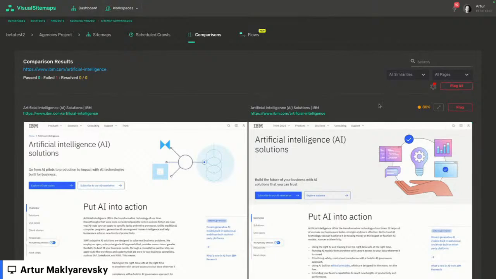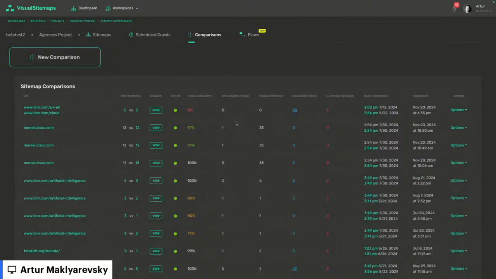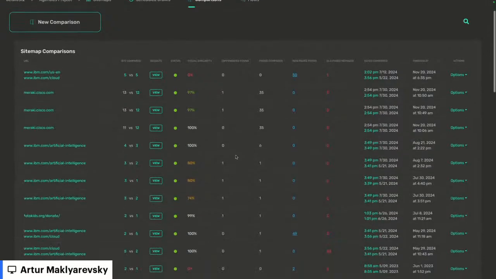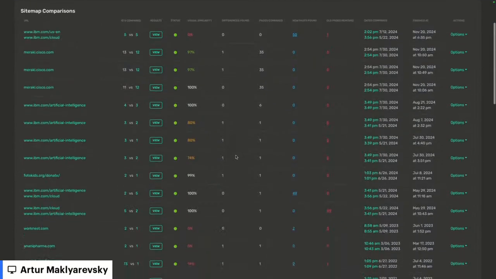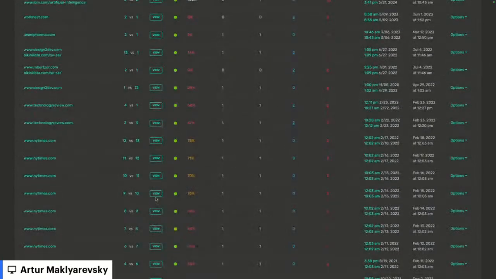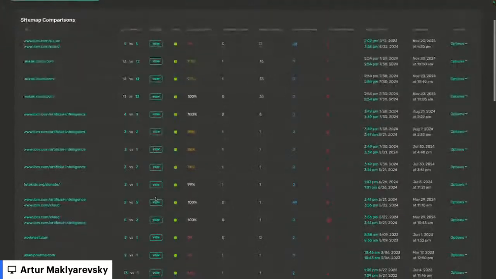I'm curious, Arthur, is that just that this page snuck in there and no one saw it, or is there a reason why IBM wants to have two different versions of that page? Yeah, good question. It's not that they're two different versions at the same time. The main use case is to